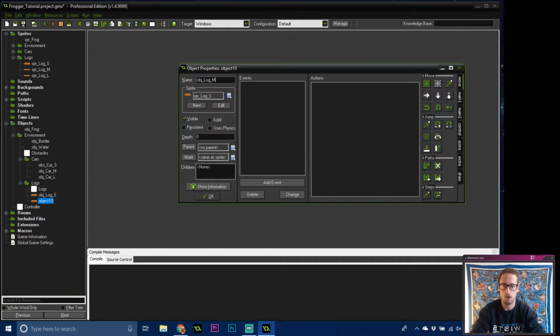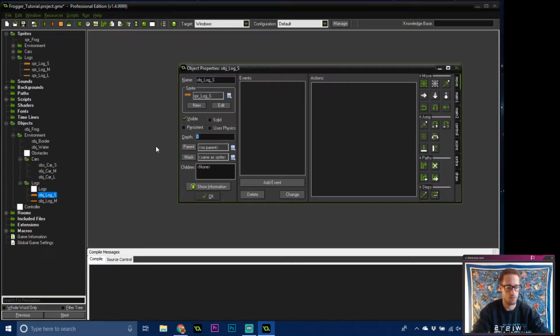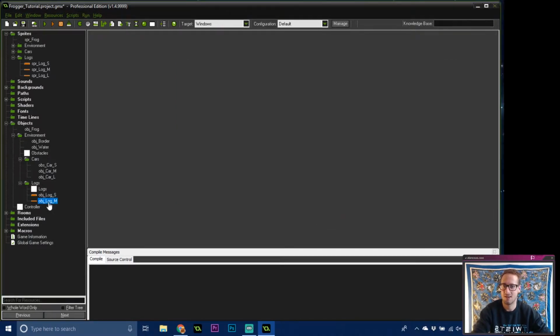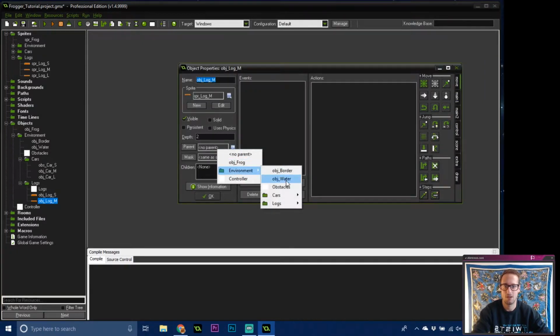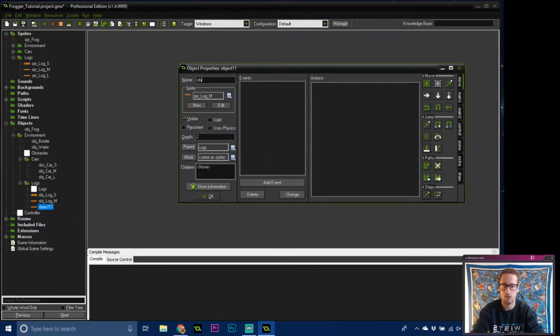Object log medium. Change this over to a medium log. Forgot, forgetting everything up in here. Alright. Parent, set it to log. Medium, parent, set it to logs. And then last one, duplicate object